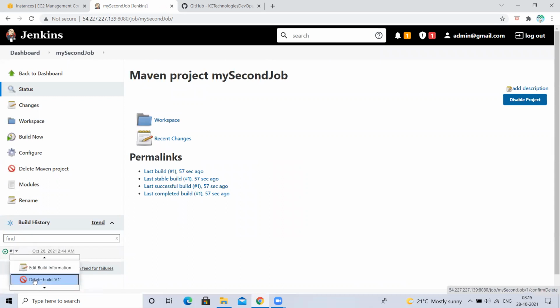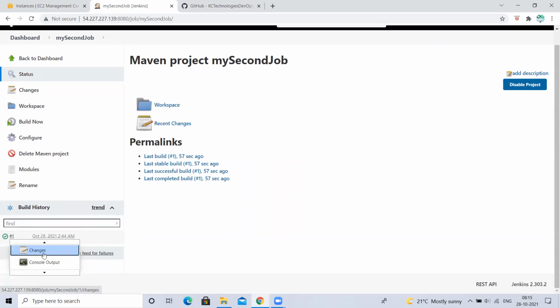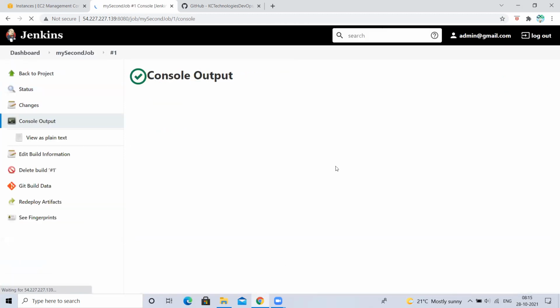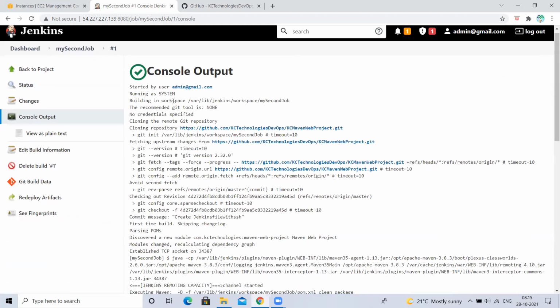Now if you go to console output, you can see that it has cloned var/lib/jenkins/workspace. Here earlier we had my first job. For this job we have one more folder with the job name. It has created a folder and here it has cloned once again, right?